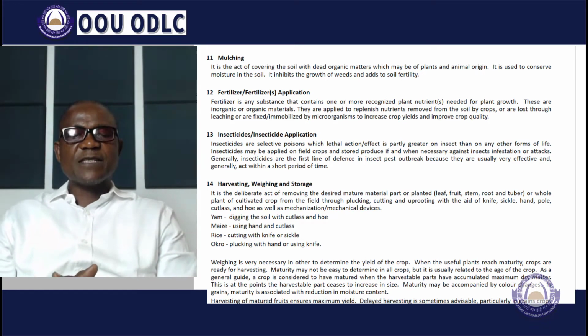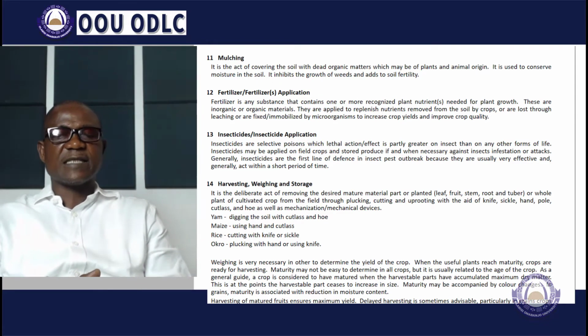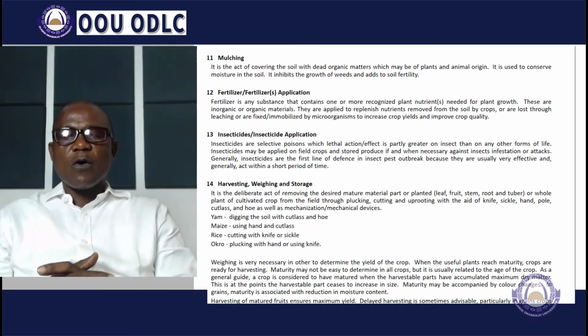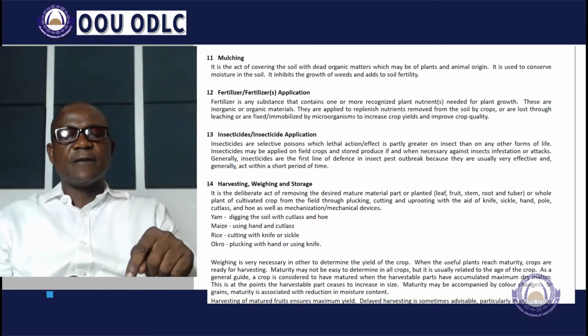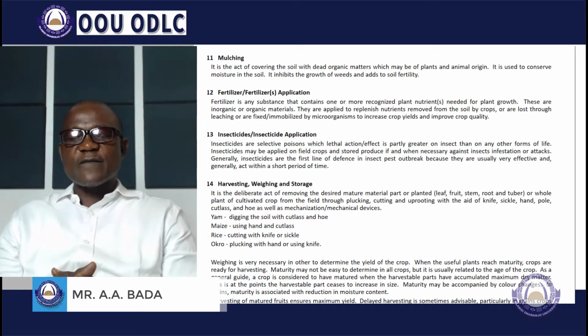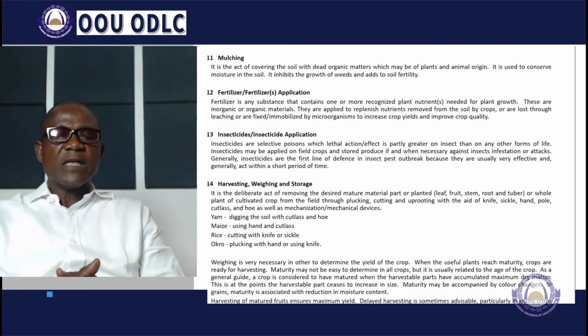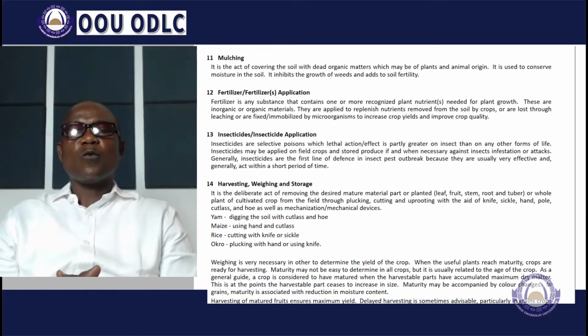Harvesting. Harvesting of matured fruit ensures maximum yield. Delayed harvesting is sometimes advisable, particularly in grain crops, where it may be necessary to facilitate handling and storage. In fruits and leaf crops, high moisture content is preferred. The time of harvesting, however, depends on characteristics and quality requirements of a crop. Although root and tuber crops store better in the soil, they depreciate in quality when harvesting is delayed. For example, cassava roots may become too fibrous in dry soils, or they may rot easily in very wet soils